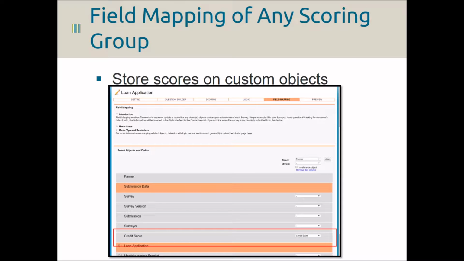Attention customers using scoring to calculate health indices, credit scores, empowerment levels, whatever it may be. If you can score it, we can map it as of TaroWorks 4.4. This means that if I defined a scoring group in my survey to take responses from all the single select and multi-select questions and sum up their associated numerical values, I can now store that total score on